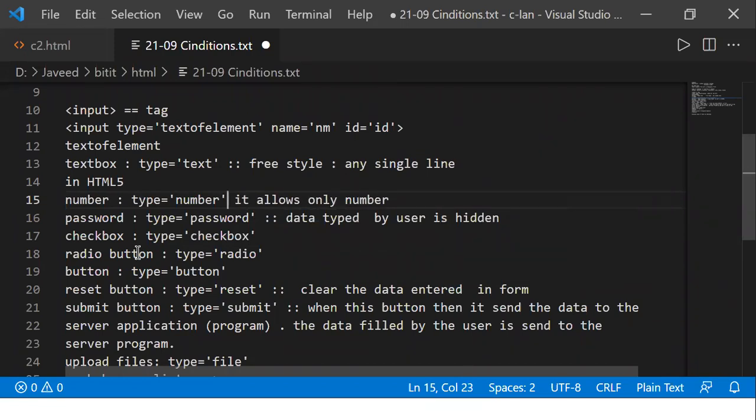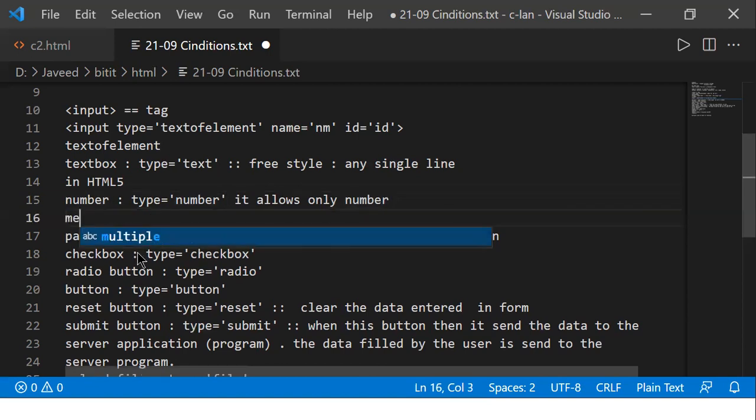When I say type is equal to text, it allows numbers, alphabets, special symbols, everything. When I say type is equal to number, it will not allow me to have alphabets. Only numerical data will be allowed. Then we can also have email.